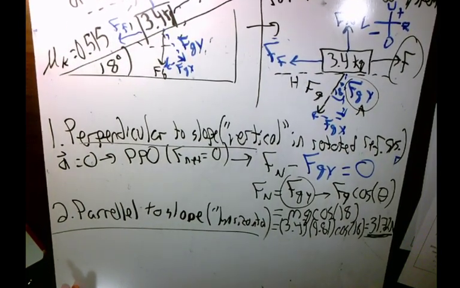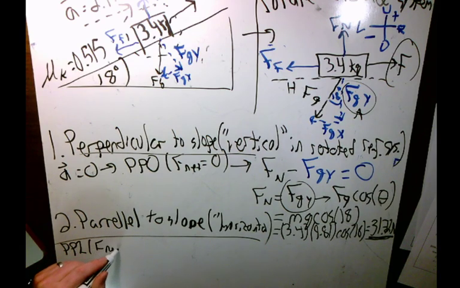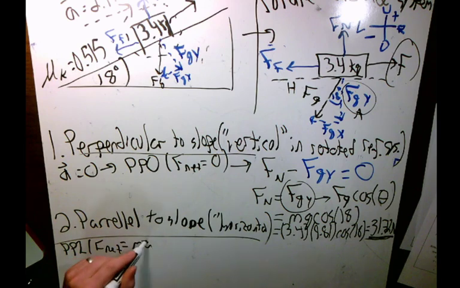So in the parallel direction, we actually are accelerating at 2.7 meters per second. So we're working with principle of physics 1. F net is equal to mass times acceleration. So I have the mass, I have the acceleration, right? Now I'm able to solve for that net force. All right, so this net force